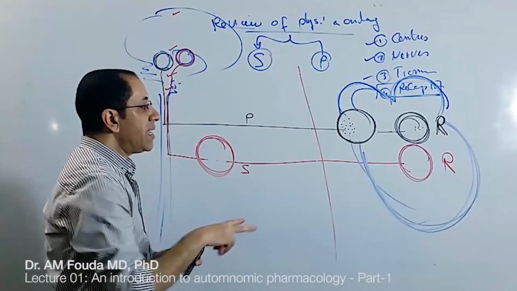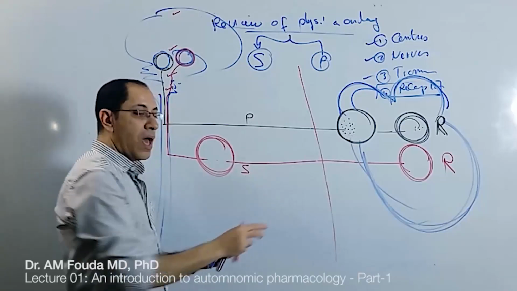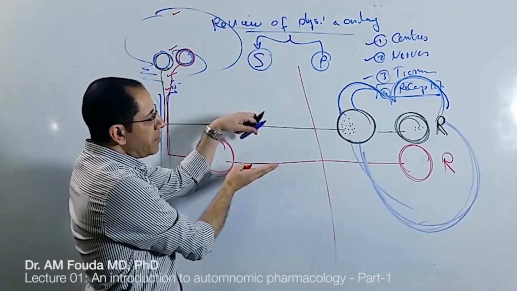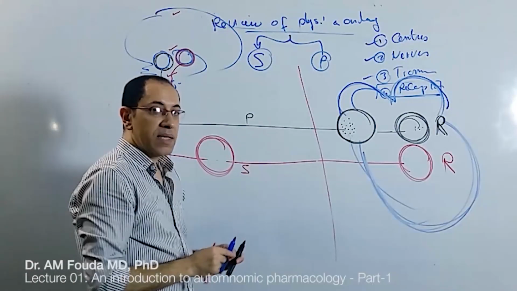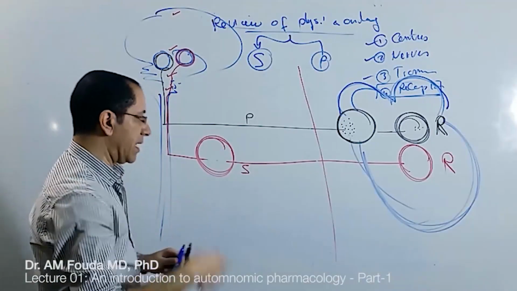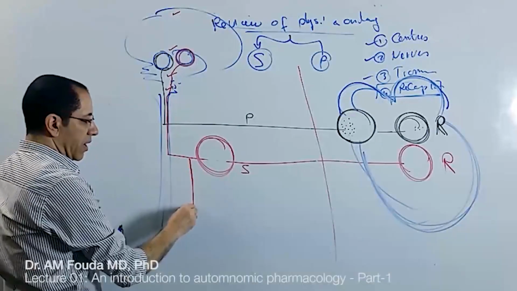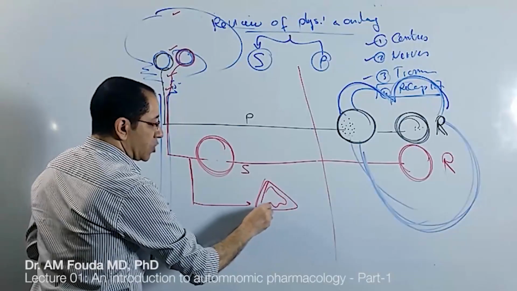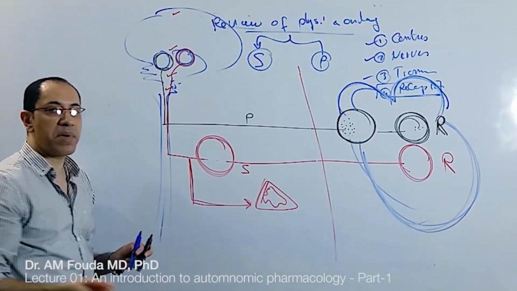For example, single sympathetic nerve supply is found in suprarenal glands, which is considered as modified sympathetic ganglia. Sweat glands also have only sympathetic nerve supply. And most importantly, the blood vessels, which are mostly supplied only by the sympathetic nervous system. Now you know that most organs have dual nerve supply, except some organs which have single supply as mentioned